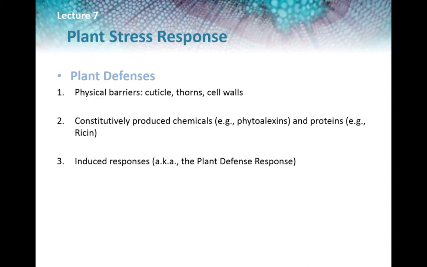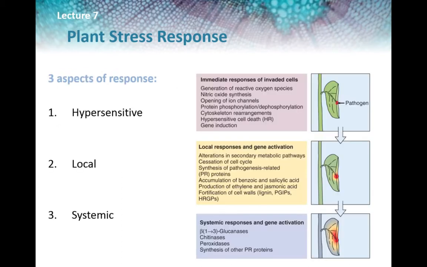The third barrier is the induced response, also known as plant defense response. The plant defense response, or the induced response, has three aspects: hypersensitive, local, and systemic. In the hypersensitive response, the first line of activated defense occurs within 24 hours, where a genetically incompatible pathogen is recognized and the plant then creates an unfavorable condition for the pathogen's growth and reproduction. Following this strategy, the plant impairs the spread of harmful enzymes and toxins, and then follows a localized cell and